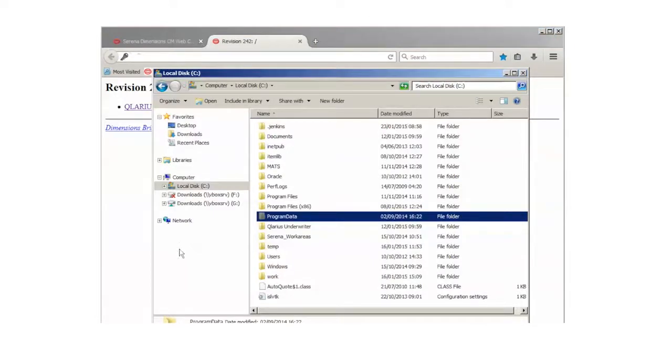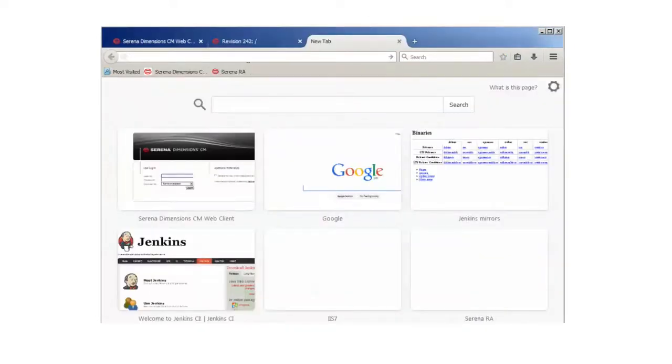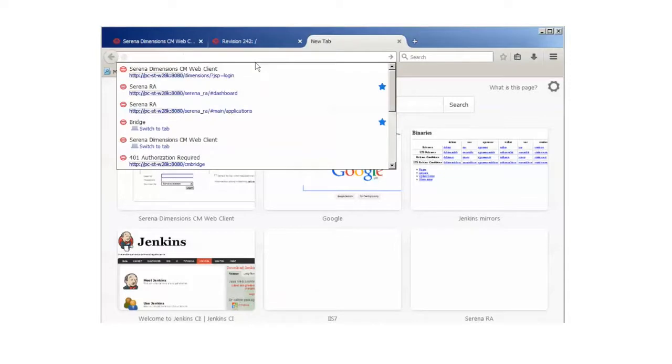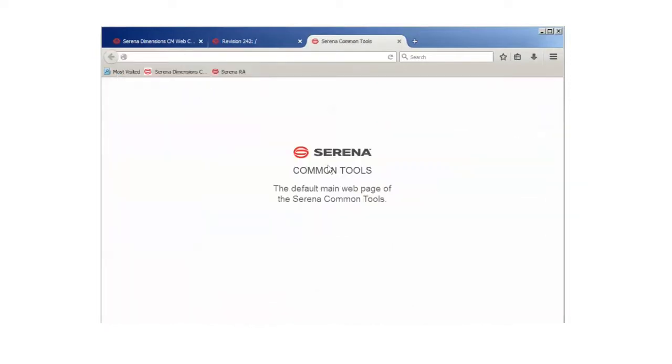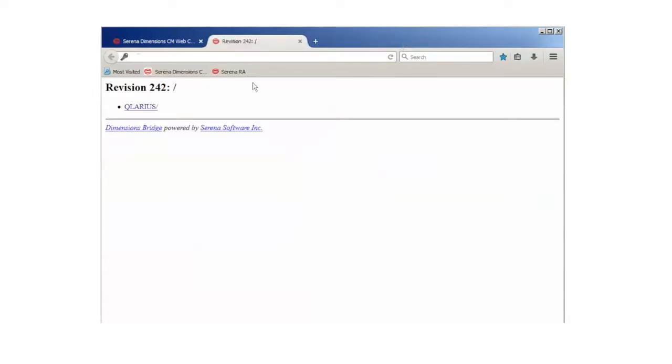However, the first thing to do would be just to check that Tomcat is running if you were to hit a problem. So to do that, I just simply remove any servlet name and just make sure I can get through to CM Tools. If I know that Tomcat is running, then it's possible that there's problems to do with